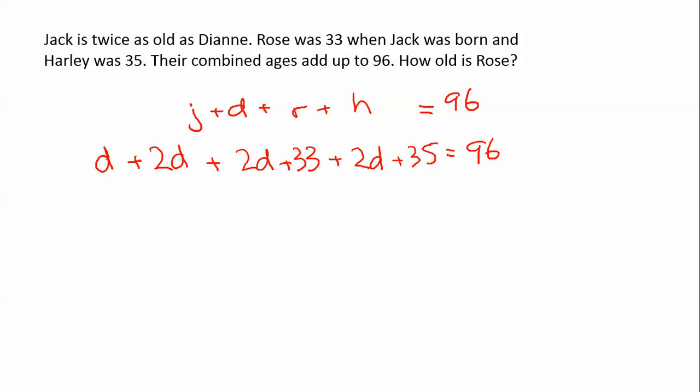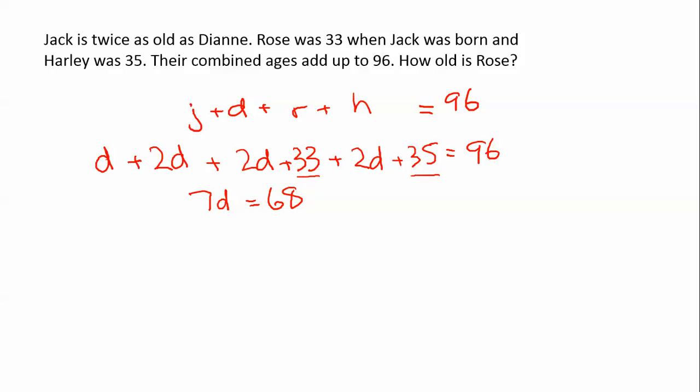So in fact, what we're doing here is we're just counting up our D's, 1 up to 3, up to 5, up to 7. So we've got 7D. We've got 33, and we've got 35, so that brings us to 68. So 7D, or 7 times Diane's age, equals 68, because we've taken away that total from both sides. We've removed the 33 and 35 from both sides, and now we just need to divide these, and that tells us that Diane is, now just got to have a bit of a think here, Diane divided by 7,